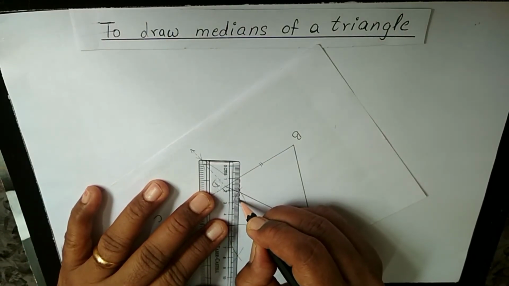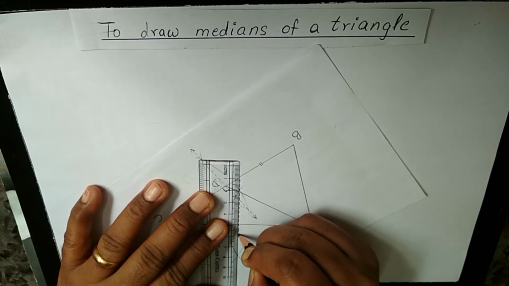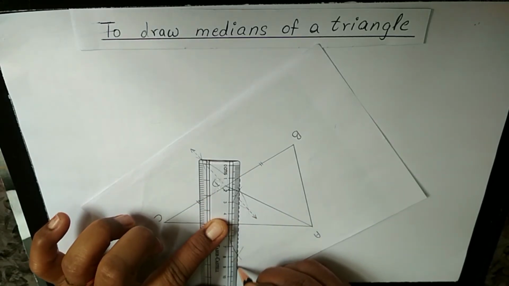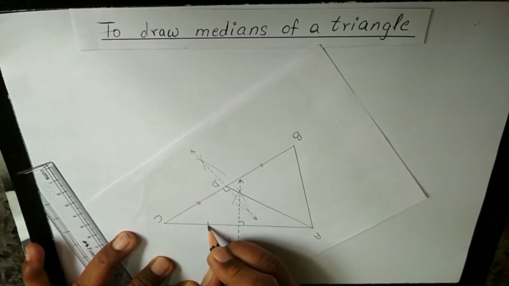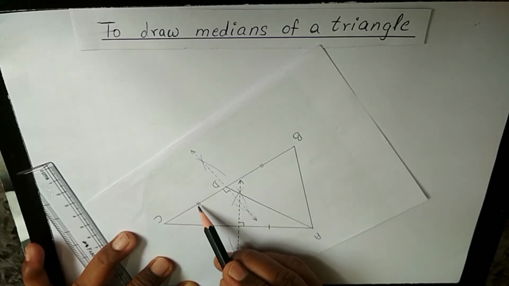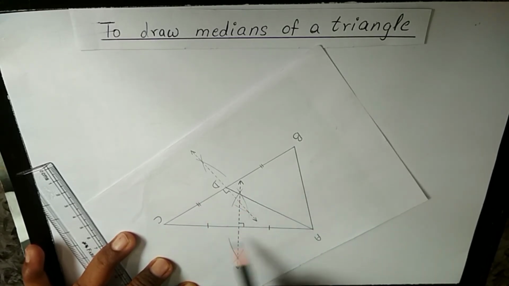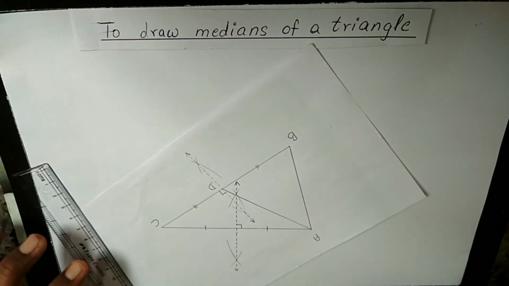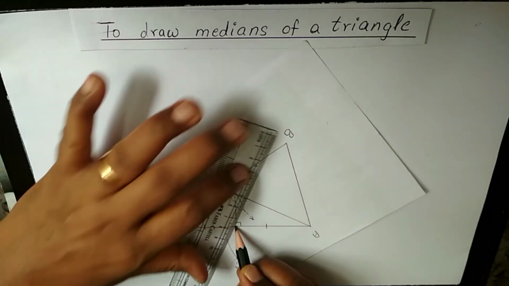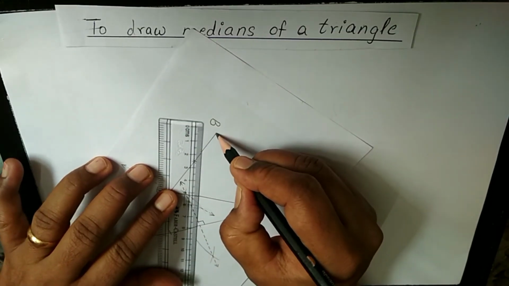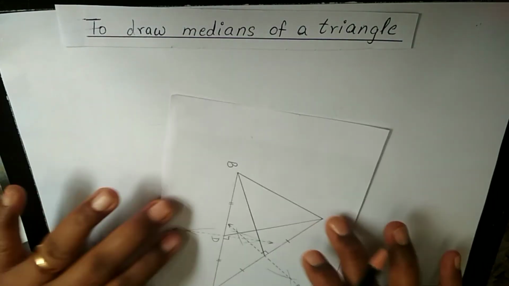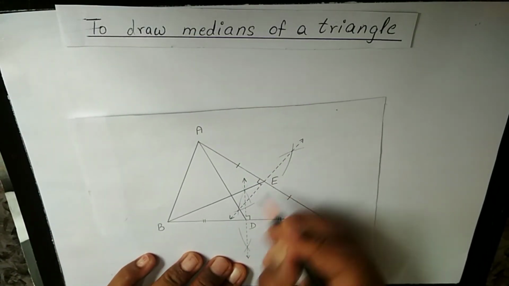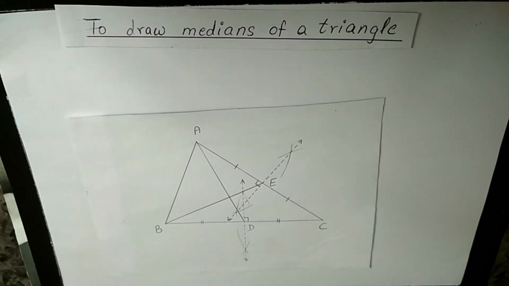This would give us the second perpendicular bisector of side AC. So this is the perpendicular bisector. Observe that I've used a different symbol for side BC and a different symbol for side AC. Right? So this is the midpoint. So if I join from the vertex B, I get this segment. Let us name it as E. So BE is the median drawn from the vertex B on side AC.